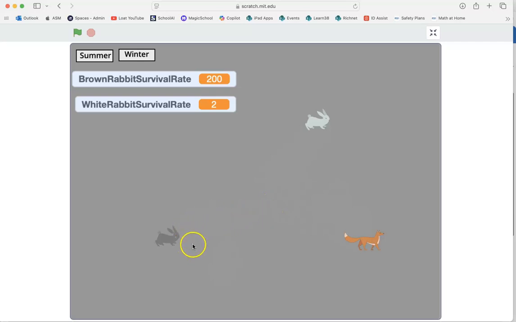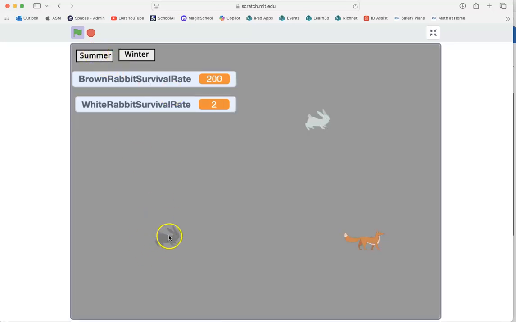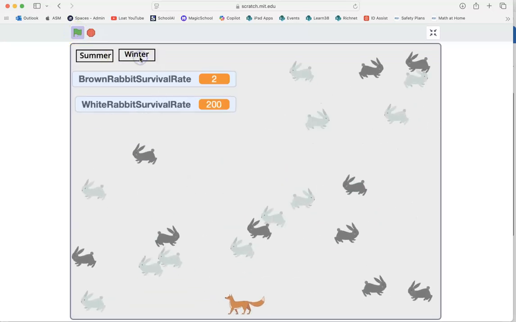The rabbits, of course, have different levels of camouflage. This is the summer background. If I click on the winter background, you can see the white rabbit is, of course, more camouflaged. When we run the simulation, the white rabbit will have a better chance of survival with the white background, and accordingly, the brown rabbit or gray rabbit will have a better chance of survival with the summer background. So if we hit go, I can change the different colors